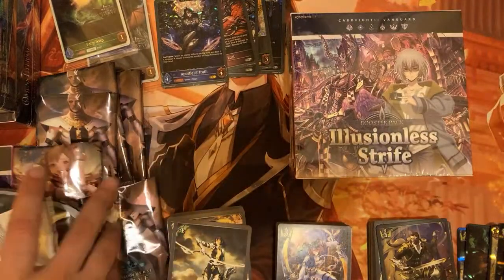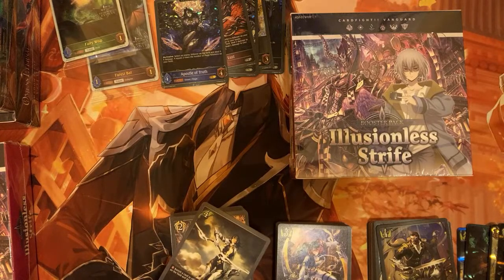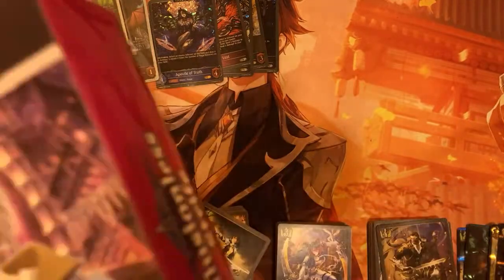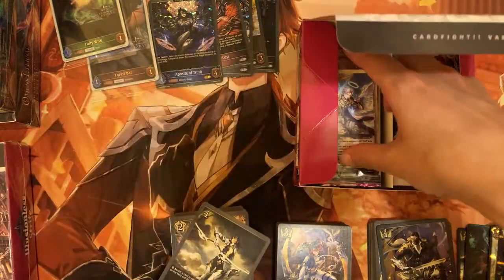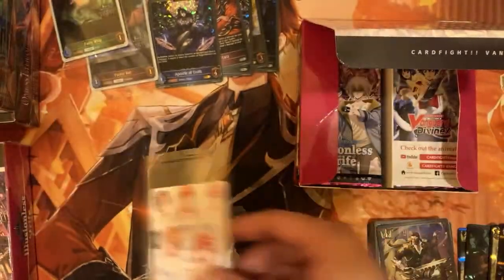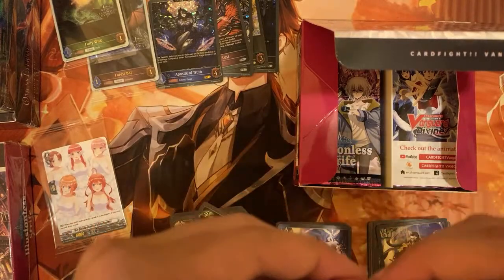Okay, so let's take a quick break from Shadowverse and move over to Vanguard, shall we? Let me just get some of this out of the way. Let's see what we get for Illusionless Strife. Okay. So, crack open the box. We do have box toppers here where, oh, a box topper with the Quintessent Quintuplets starter, and then we get a pair of promos, which I can...